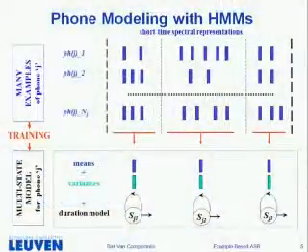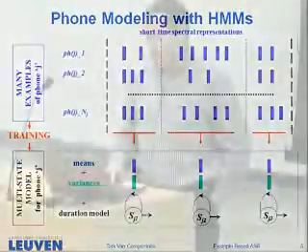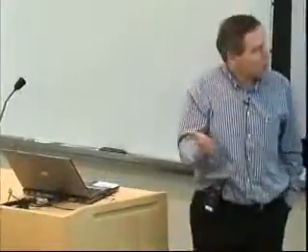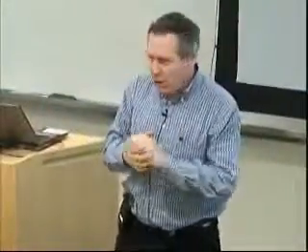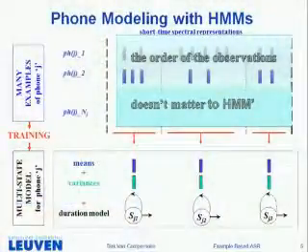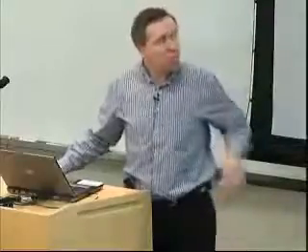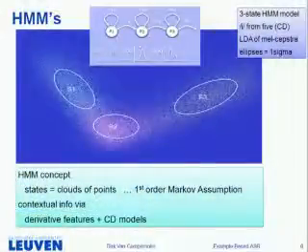So what do we do in HMMs that I don't like, or that most of us don't like? Data comes in, and they say, okay, here we have a state. We assume this is a short-term stationary segment of speech. So whatever sequence those observations come in, it doesn't really matter. You can turn the sequences upside down. Well, what have we done? We've added derivatives on the features, and people have tried to put it into the model. This has helped. This is tweaking of the model, but it's still fundamentally a problem.